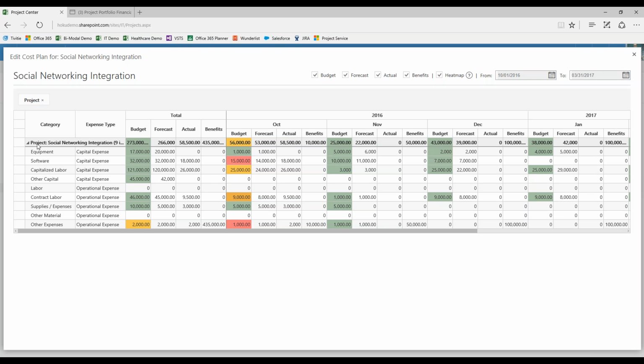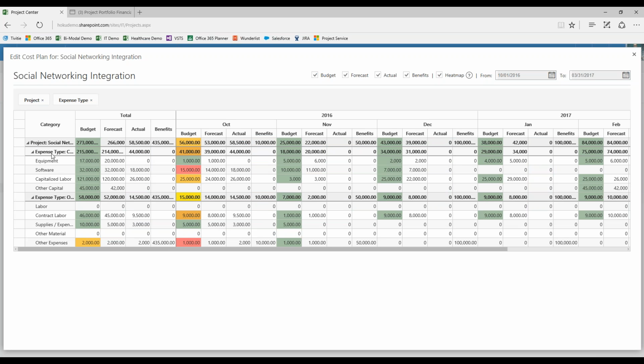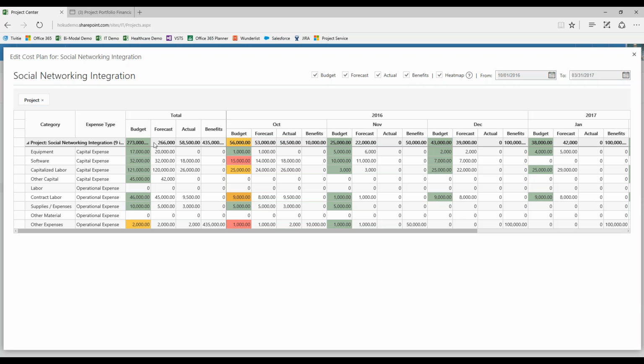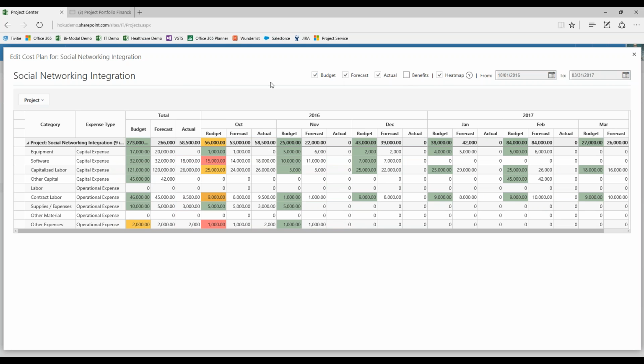So for example, if we'd like this not only just grouped and summarized by project, but say maybe grouped by expense type, I can just basically drag and drop and start seeing all my capital versus expense and seeing that summarized in a way that makes sense. And we can do flexible things on the way we'd actually see maybe just the budget. Maybe we don't want to see the benefits in here at this point, etc. And the idea is it's a very flexible way to get a lot of detail, a lot of time-phased information.